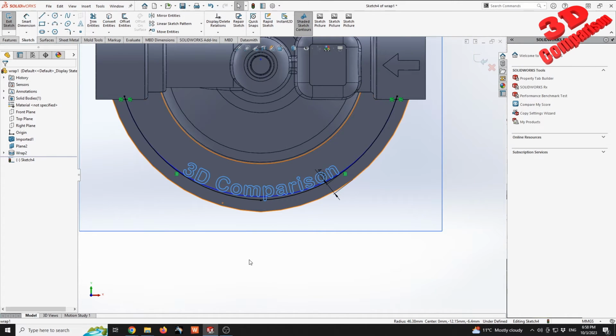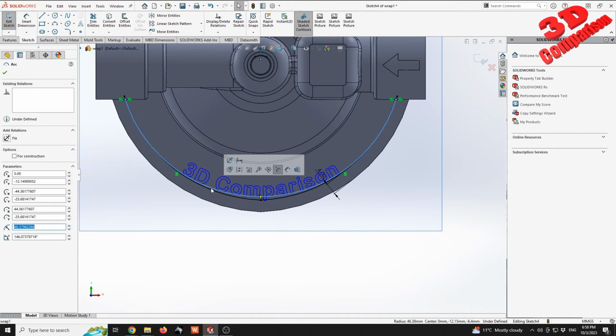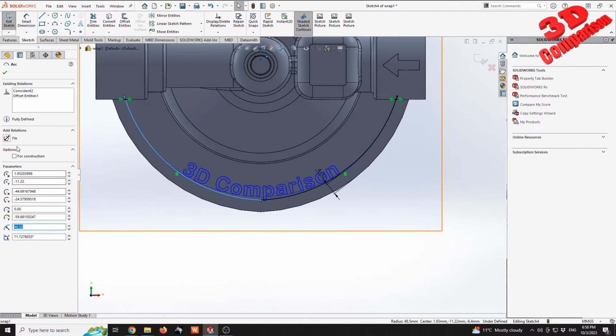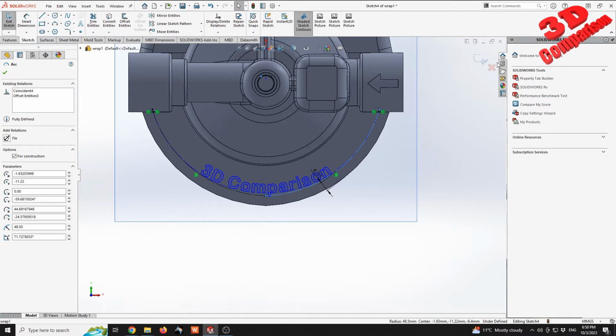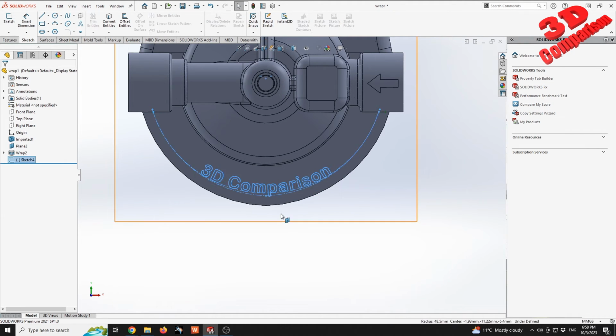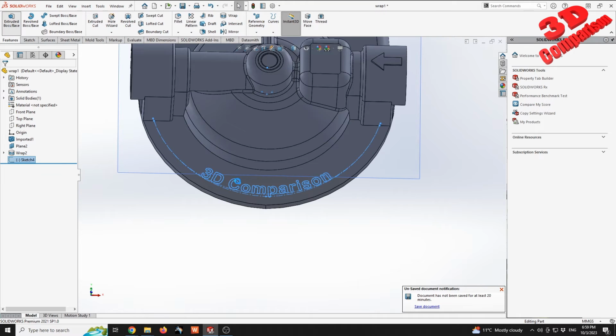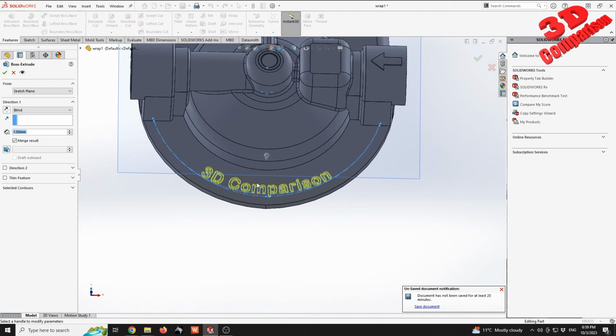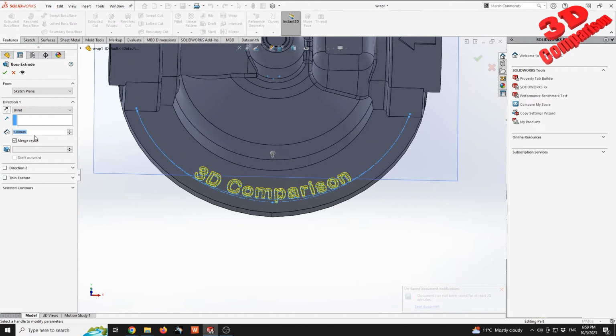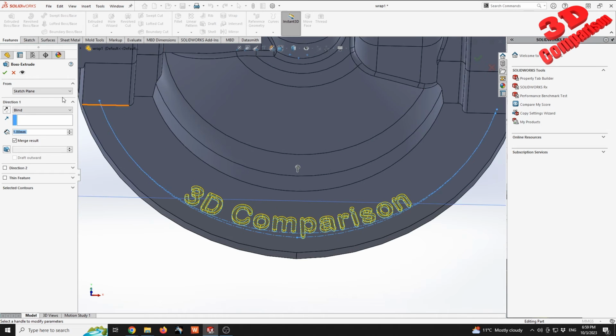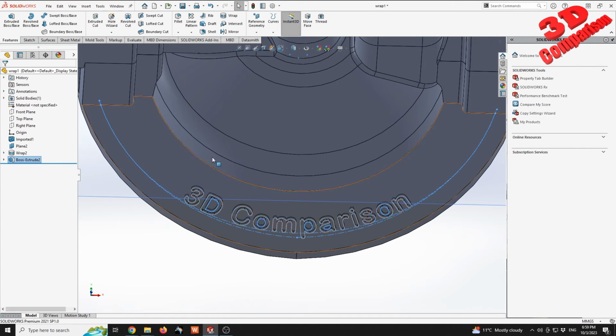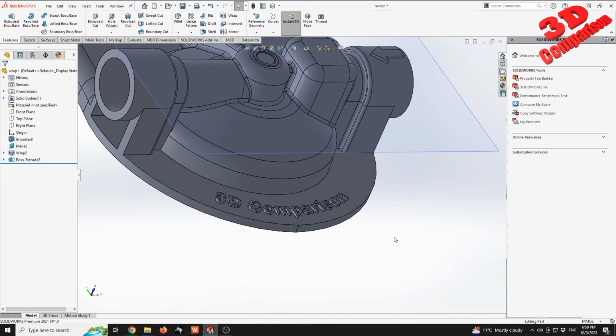And the only thing that we still need to do is to select those and make them for construction. As we can see, that arc, and we're also gonna have those two elements. If I close the sketch, now I have the possibility to have the text extruded. As we can see, I'm gonna go 1 millimeter, and if I press OK, we're gonna have that text